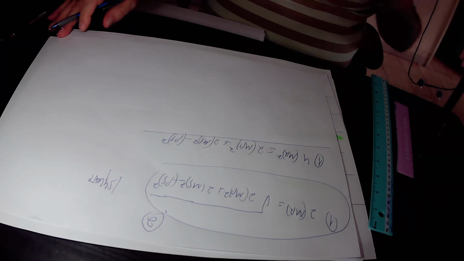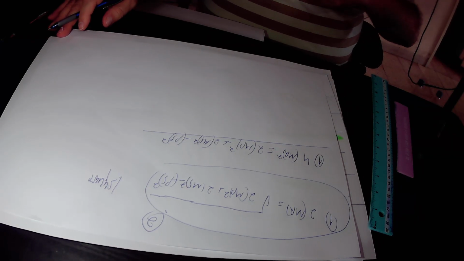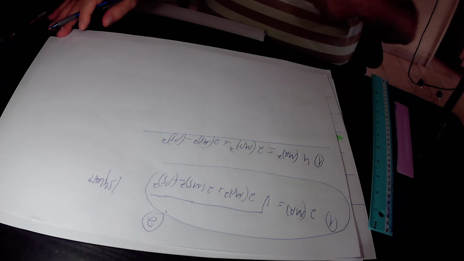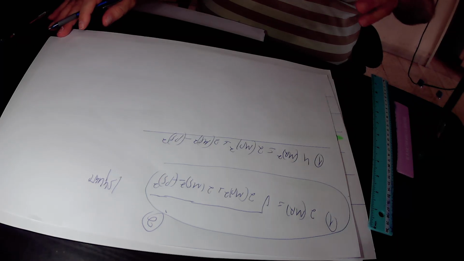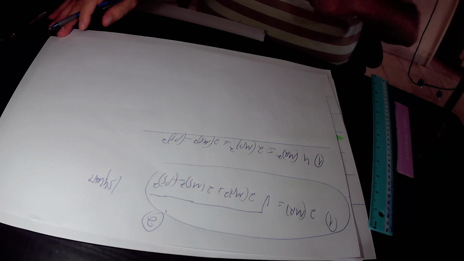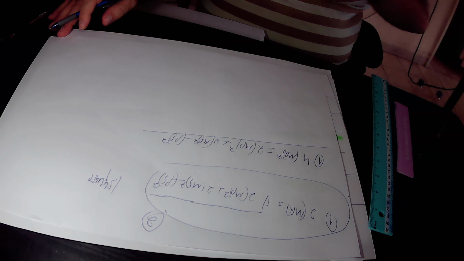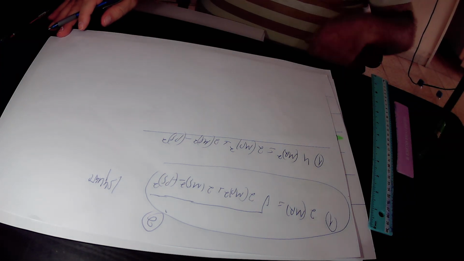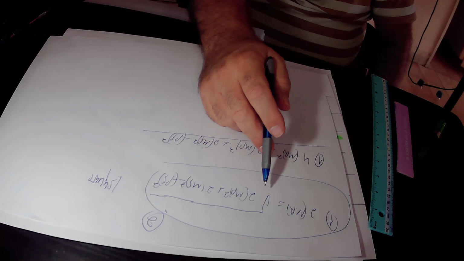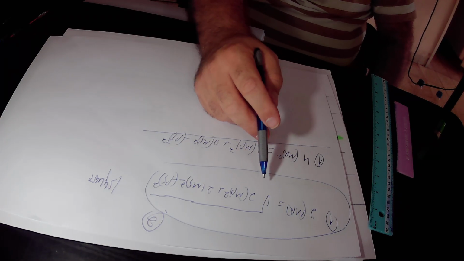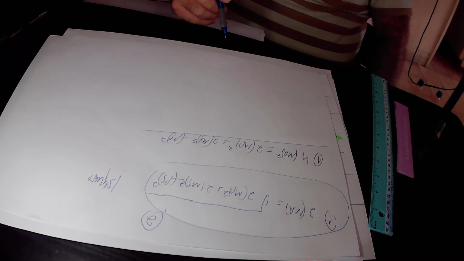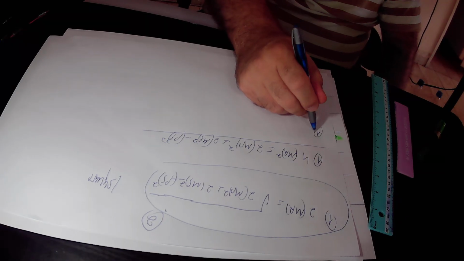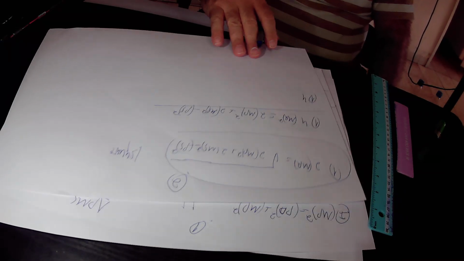The square and the root are two opposite operations, and when you do both operations simultaneously, one cancels the other, and therefore we are left only with the original expression. We have here the square, we have here the root. When we square the root, it cancels the root, and we are left with 2MP squared plus 2MS squared minus PS squared. So according to equation 1, 4 times MQ squared